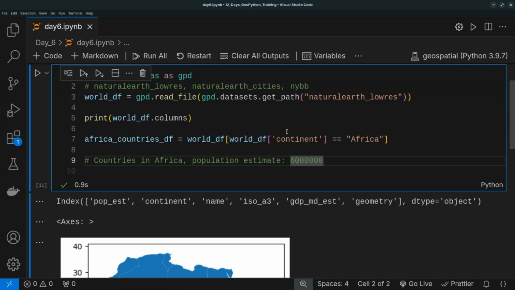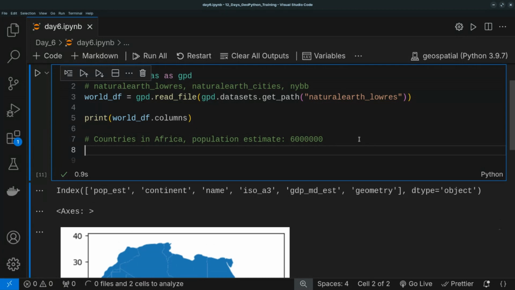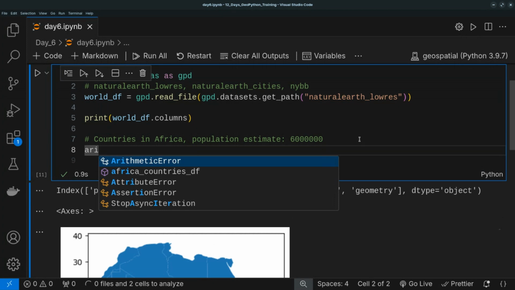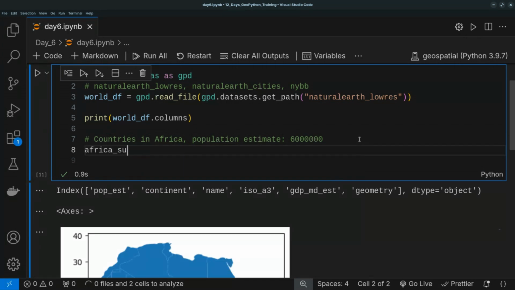Okay, let's keep it that way. So I'll delete this one from here. We don't need it again. And so I will say maybe nested. Okay, I would call this one maybe Africa subset or something like that. Africa subset. And then we set that one equal to